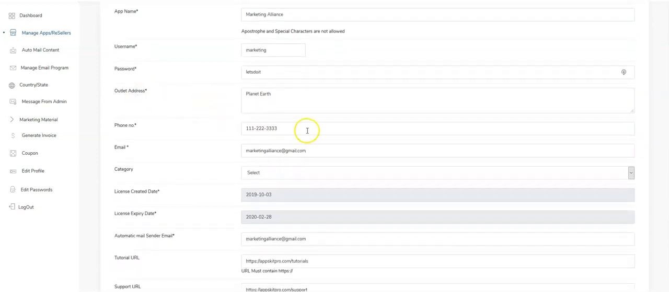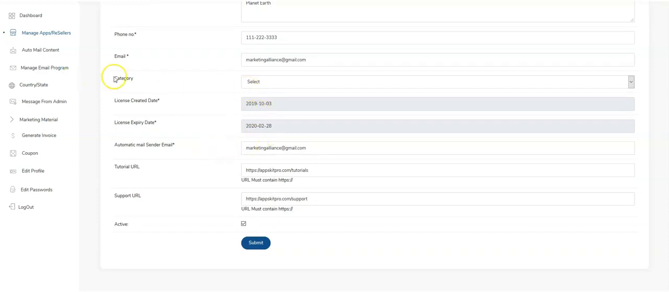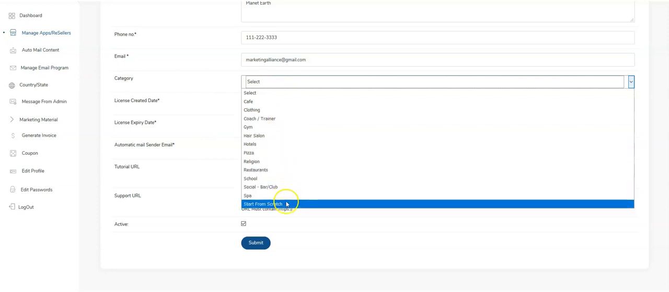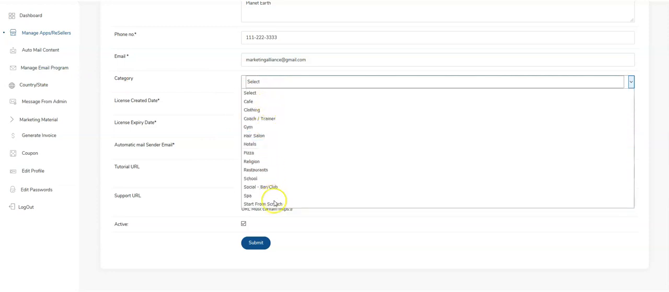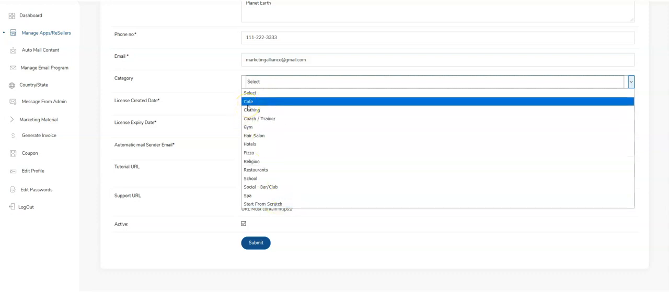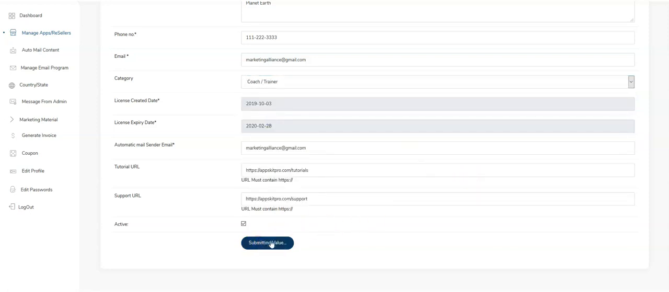It's pretty self-explanatory. The one thing that you would want to know is the category. So we have a bunch of pre-built types of apps already, and whatever you select here will have everything turned on for you that's relevant to that type of business. So for example, if you're selecting a cafe, you'll have food ordering system, points rewards, punch cards, that kind of stuff that's already turned on for you. You will be able to go in and update it and add things if you needed to, but that's what this has done. So this is going to be a coach or a trainer, and I will hit submit, and